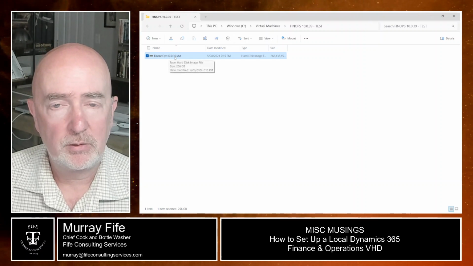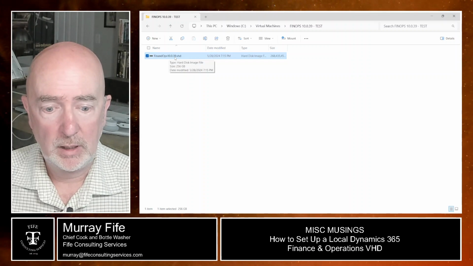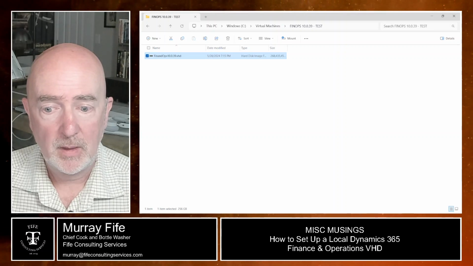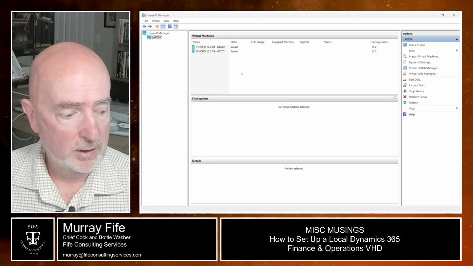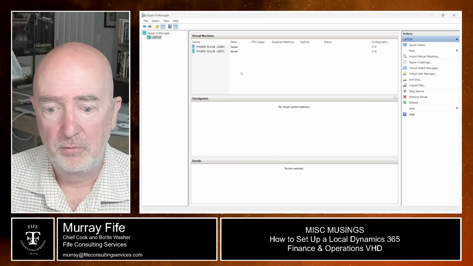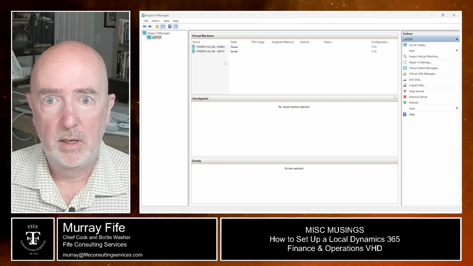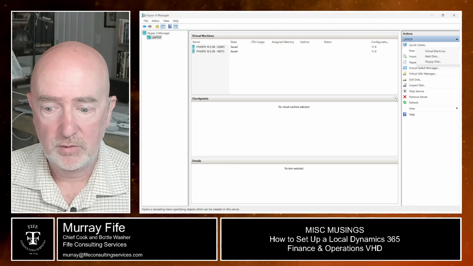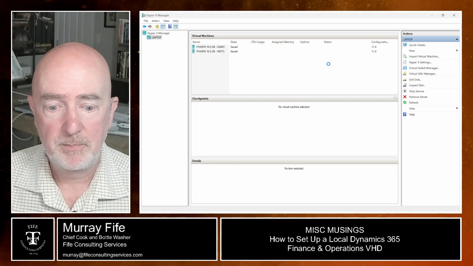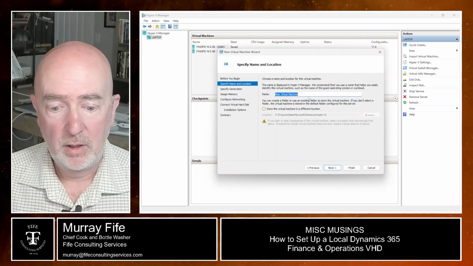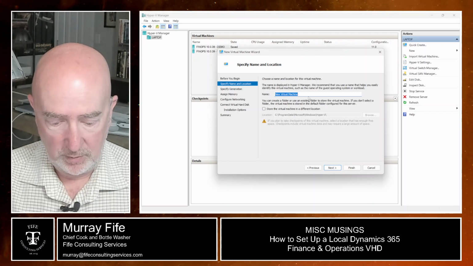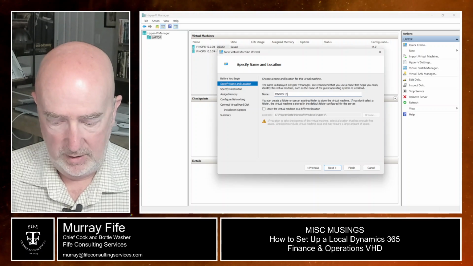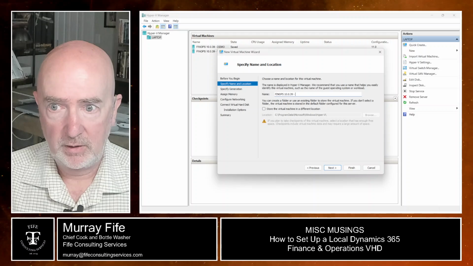So the trick now is how do you turn this into a local virtual machine that you can take advantage of? You do that here through the Hyper-V manager. You say, I want to create a new virtual machine, and we're going to point it to the hard drive that we have. I'm going to call this FinOps 10.039 test,